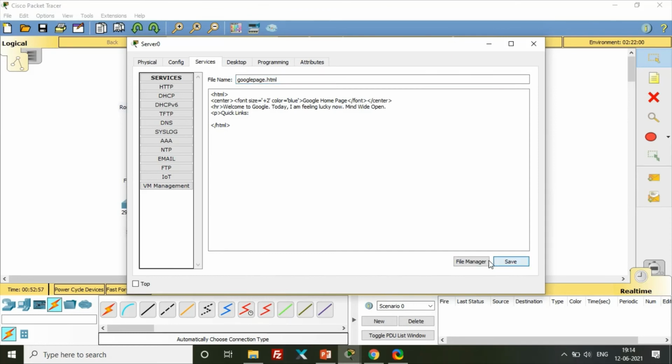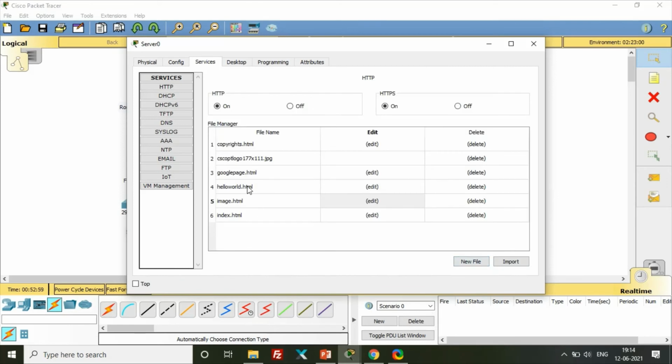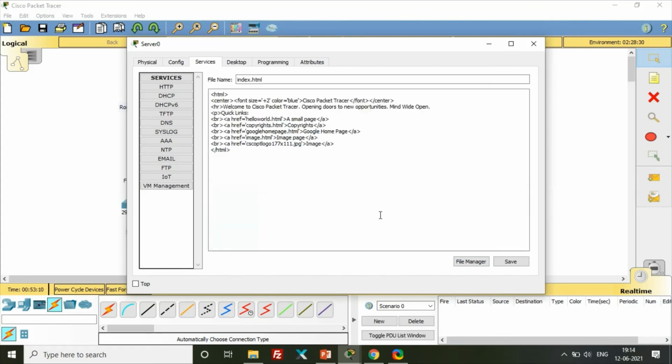Go to the file manager and you can check it, googlepage.html. But you have to keep the link on the HTML index. Giving the link on the HTML index is very easy: just copy and paste and give the file name that we have chosen there, Google page.